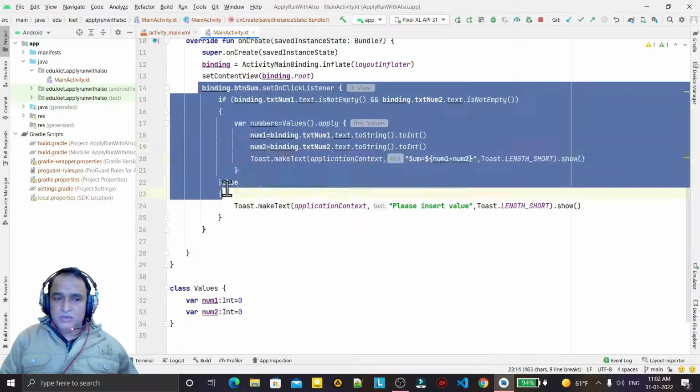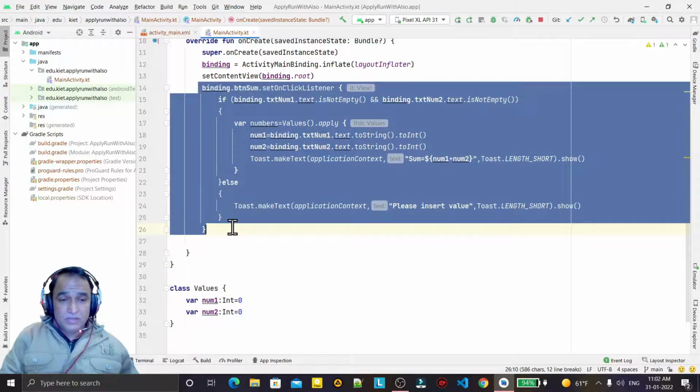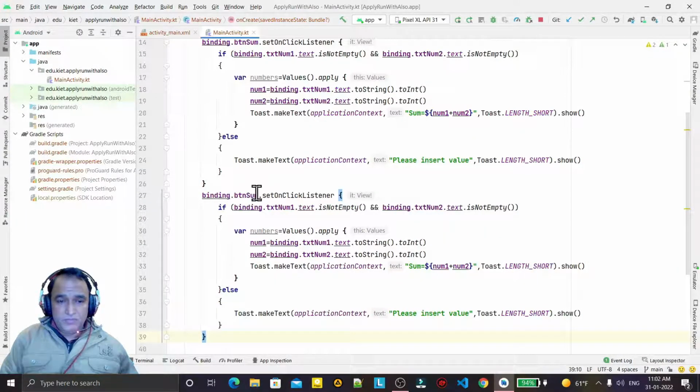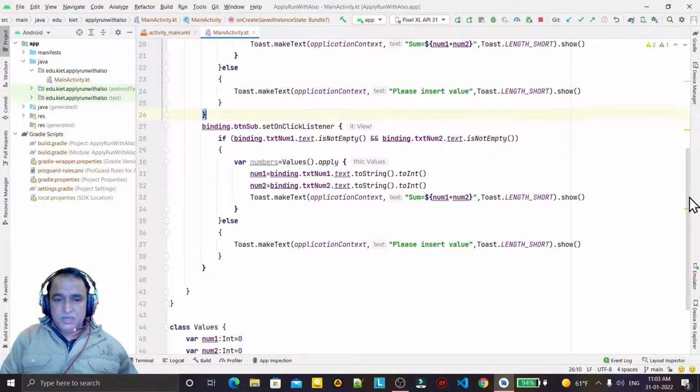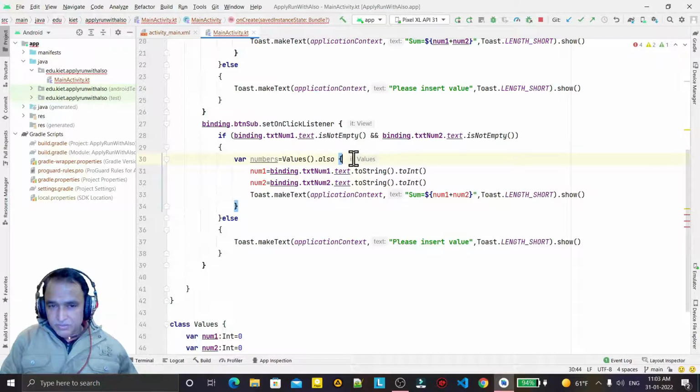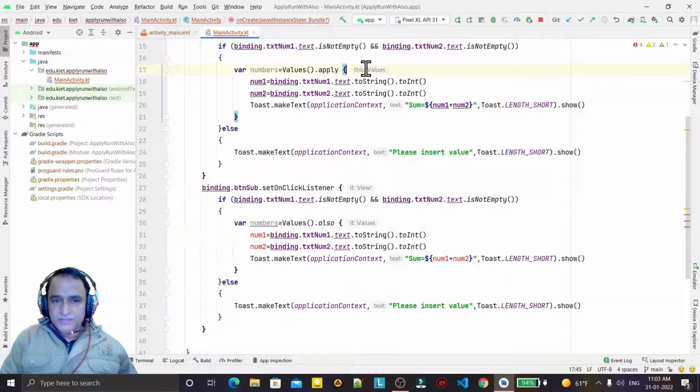The same operation I will now do with the help of another method. So I just copy paste here, and in place of sum I say sub, because it's a subtraction. Same condition applies, but here in place of apply I write also. You see, I just change it to also, and automatically it changes here. Remember that this has changed. Already we had this in apply, here it changes. That is the change between apply and also.